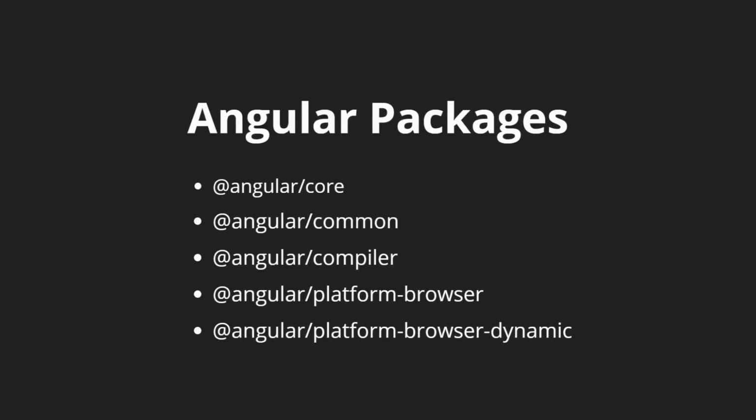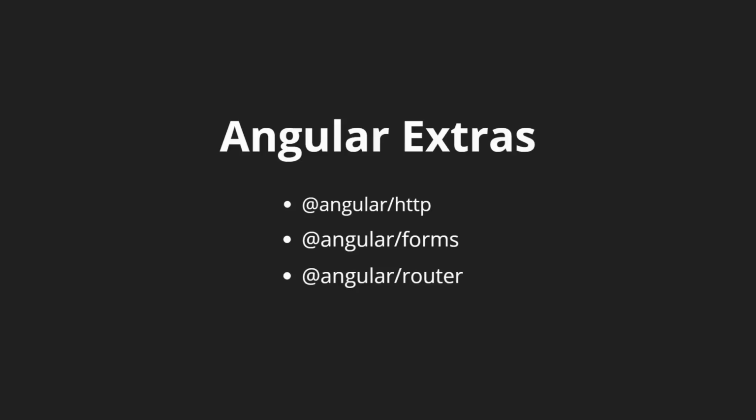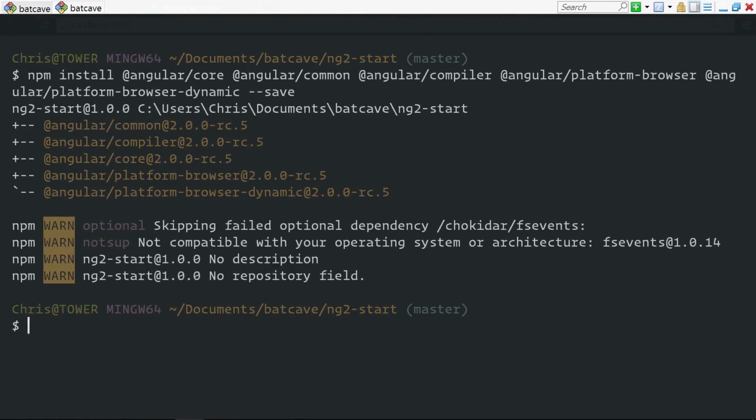On top of the Angular core packages that are required, we're going to look at some Angular extras, which are used in most every application. We need Angular HTTP, we need Angular Forms, the Angular Router, and if you're looking to upgrade your applications, Angular Upgrade is also a great package. Let's go install those as well. npm install Angular HTTP,